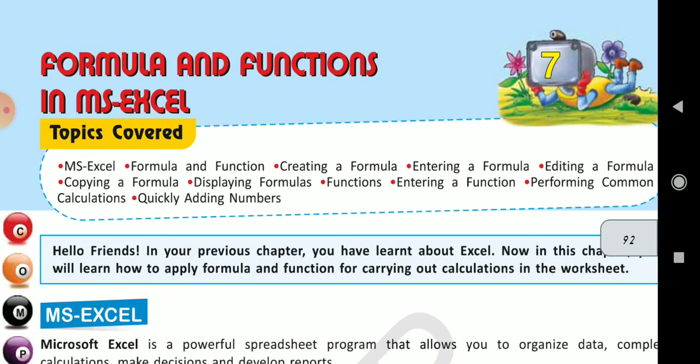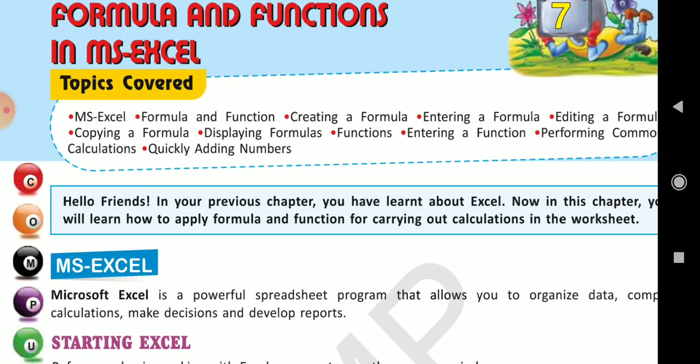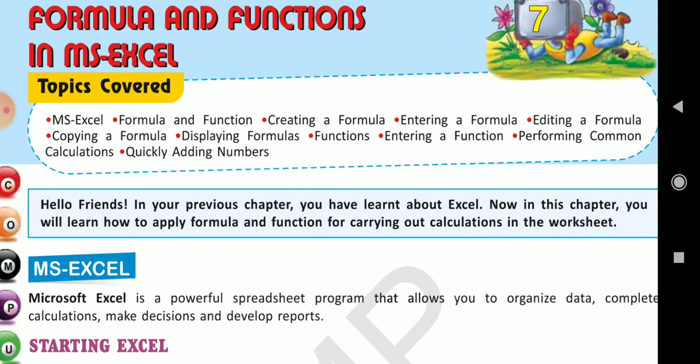Now you will use formulas and functions. You can create a formula in Excel, then enter a formula, writing it in the cell, and edit a formula.